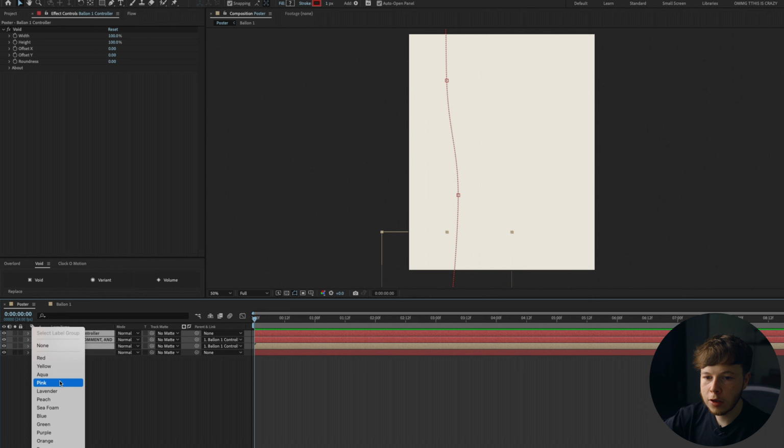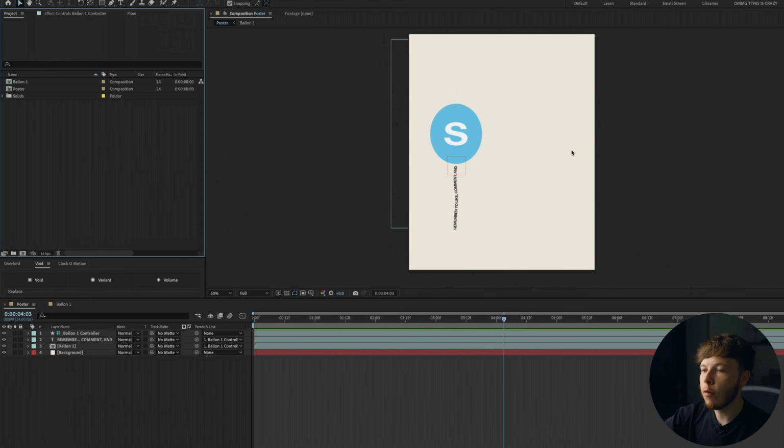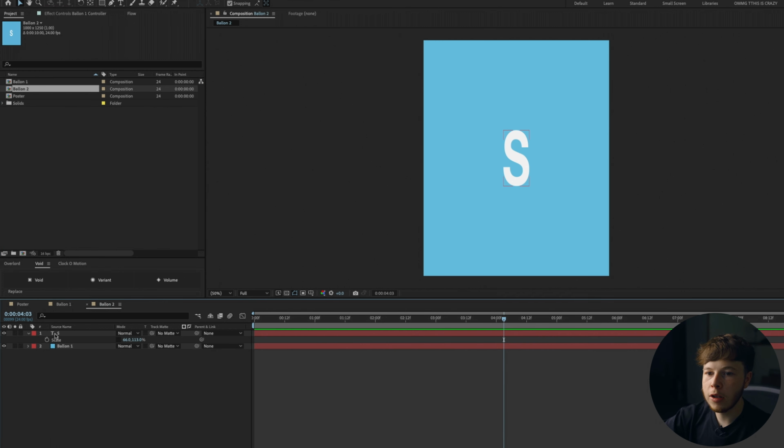So I'm going to select all of this, and let's just change the color. We want more balloons. We want a balloon to match each letter of what we want to spell out. So in this case, we're going for subscribe. We need a couple more balloons. So you can go into your project here and duplicate the balloon. So it's going to rename it to Balloon 2. And then you can go in,